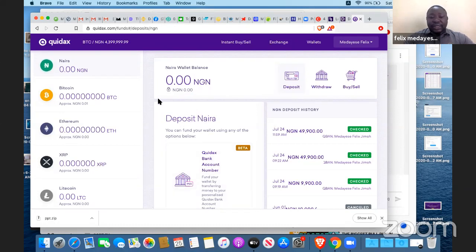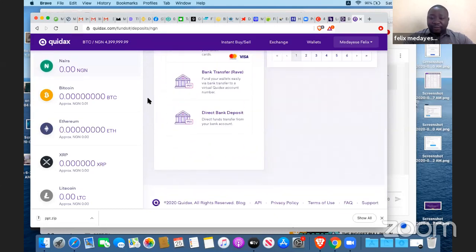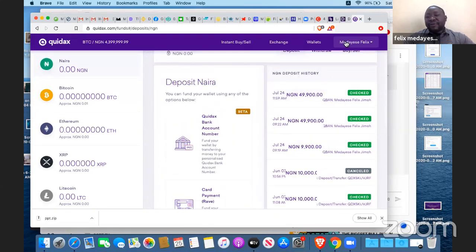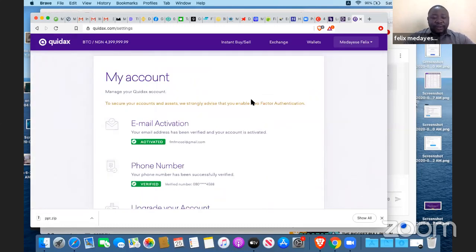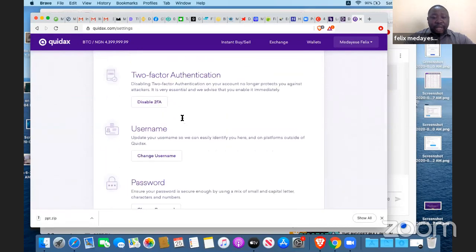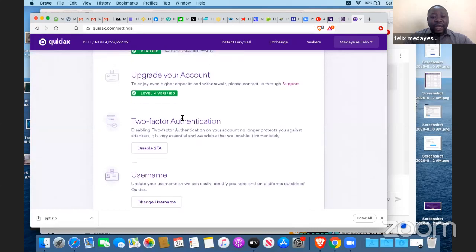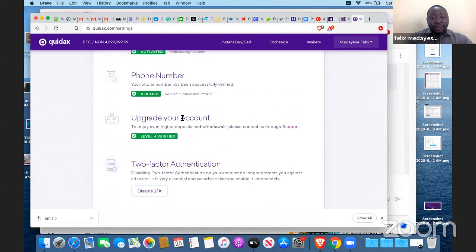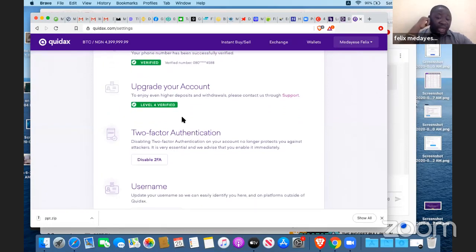Now, this is your Quidas. You are meant to do your verification from level 1 to level 4. What is the advantage? Towards level 1, you activate and verify your email. After you verify your email, you verify your account, your phone number, then verify your BVN,